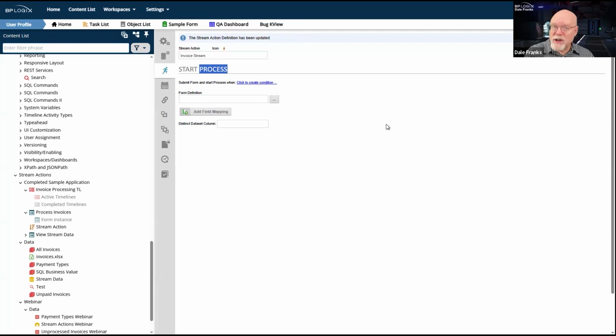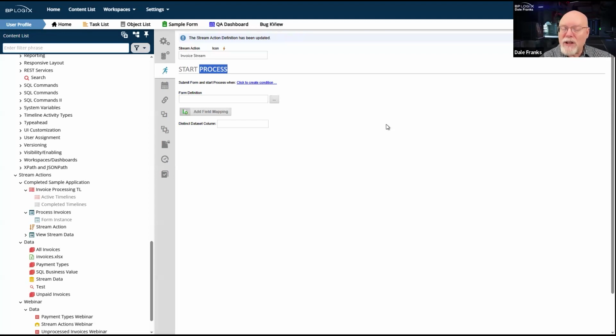The stream action is exactly the opposite of that. We know we're going to need some data. We know we're going to need it from an external data source. We know we're going to map it to a data field on a form. So in this particular instance, we are just going to go through it just like a user would go through it. We are going to invoke a form instance. We're going to fill out some data on that form instance, and then we're going to submit it. And once that form is submitted, then the process will start. So unlike the other methods of automatically running a process in Process Director, in the stream action, we actually invoke a form instance and submit it.